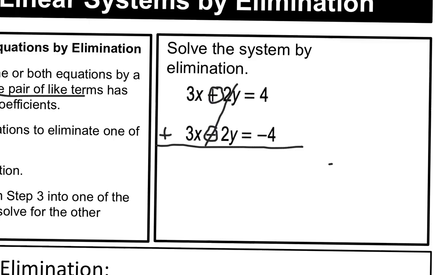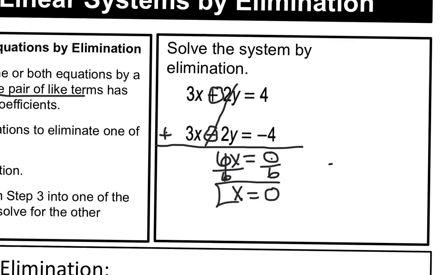But 3x plus 3x gives me 6x. Bring your equal sign down. And 4 plus 4 gives me 8. And then if I divide by 6, that leaves me 1x equals